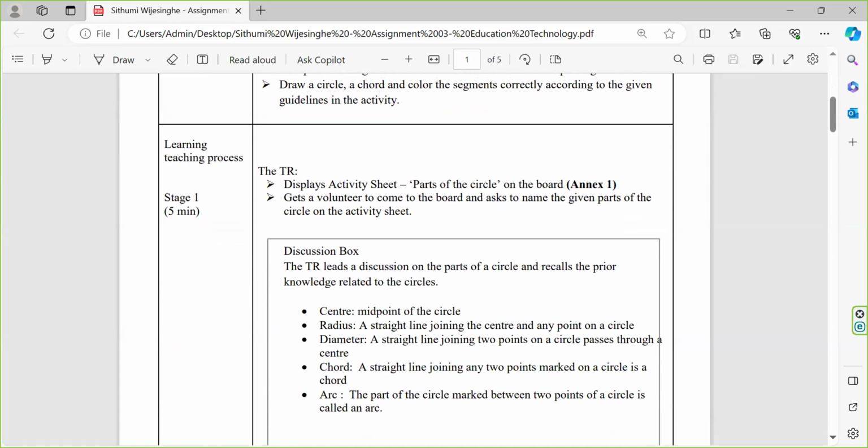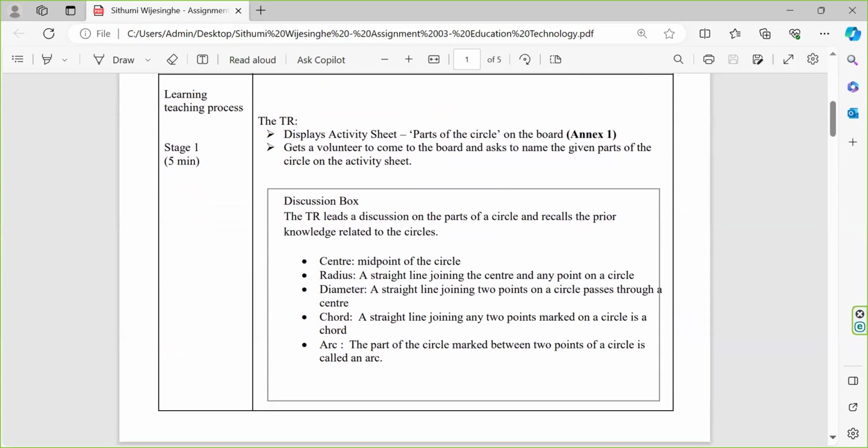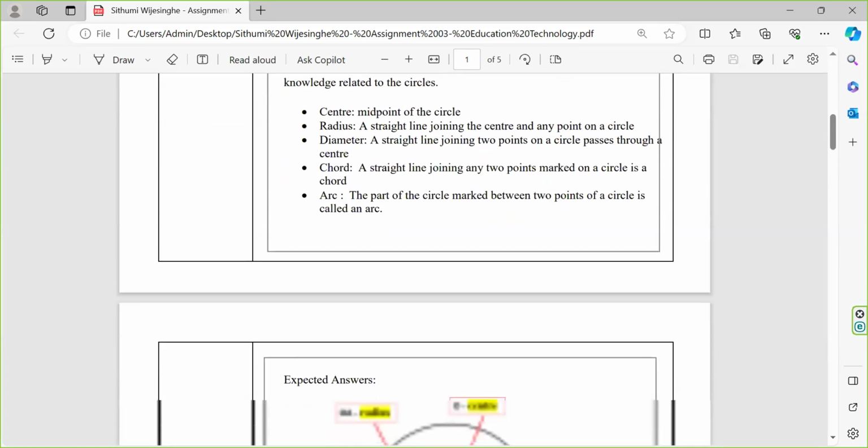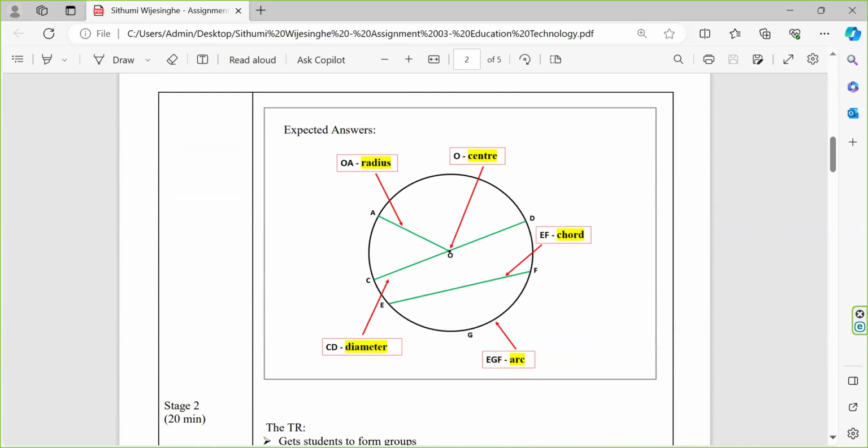Learning teaching process, Stage 1. The teacher displays the activity sheet on parts of the circle on the board and gets a volunteer to come to the board and name the given parts of the circle. The circle lesson is not new for grade 8 students. From grade 6, they have learned about the circle and some parts of the circle. Especially the knowledge about chord and arc is needed to continue today's lesson. So that's why I'm planning to do this type of engagement activity in the first stage. Through this activity, students can recall their previous knowledge and refresh their knowledge regarding the circle and